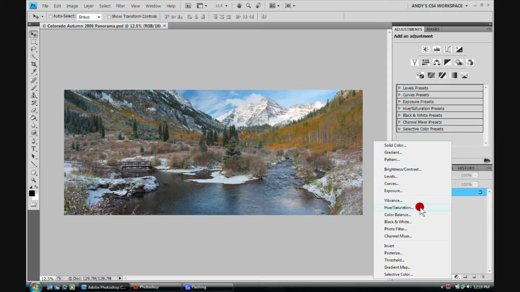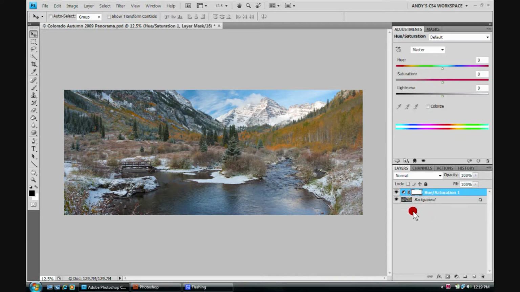Go ahead and click on the hue and saturation one, and now we can make adjustments up here. It doesn't come up in a dialog box that gets in our way. It comes up right here, and we can click and drag these sliders around. Alright, so we can run it up to 15 if we want. We can highlight it by clicking and dragging and highlighting the image,